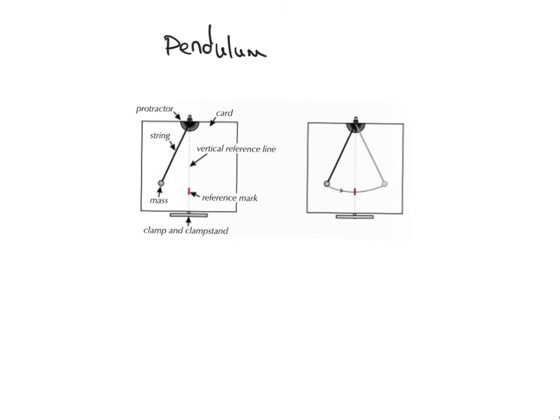This is, in case you don't have a sensor or a data logger, the way that you can set it up to investigate it. So you definitely need a protractor hanging from the clamp stand, being fixed in a position. You will also need a card to be fixed on the clamp stand, because that's where you can place a reference mark